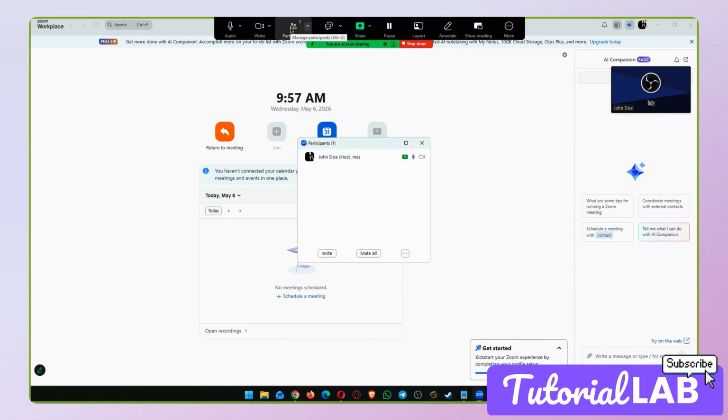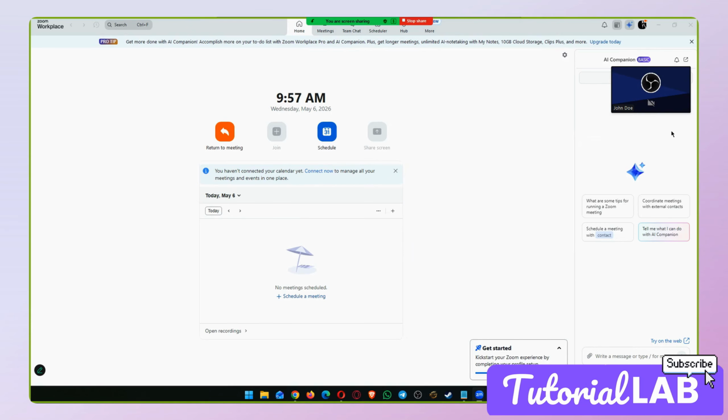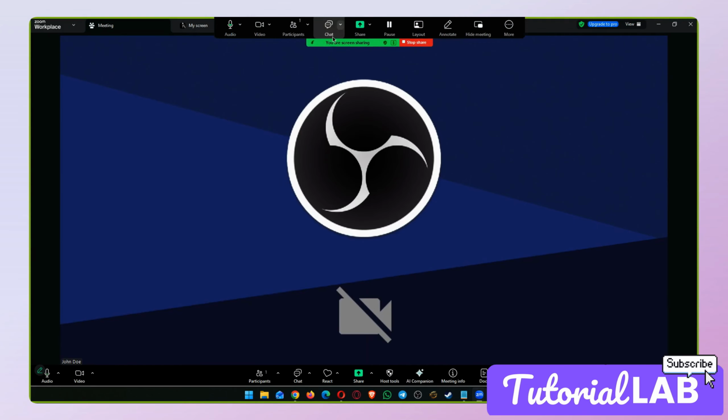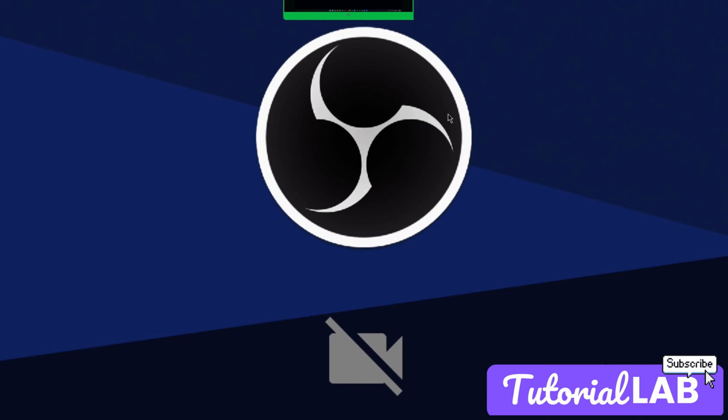If you want to see your participants, we can still do that. During the call, you will be able to see your participants right here. We can customize the view by arranging the windows while still sharing our screen. This way, we can view participants while screen sharing, which makes it easier to monitor reactions, spot questions, and stay